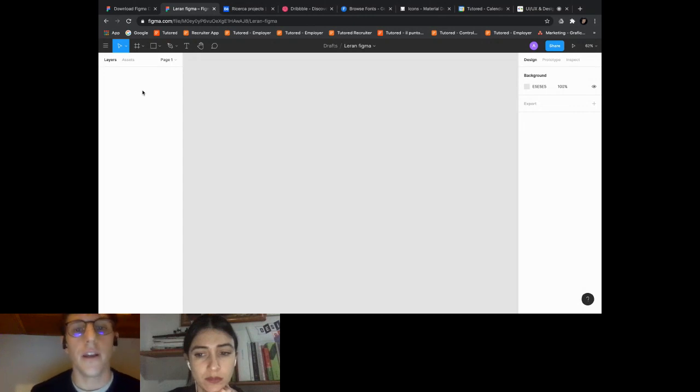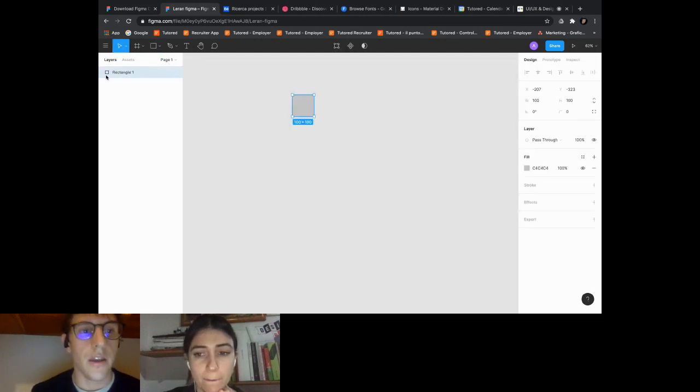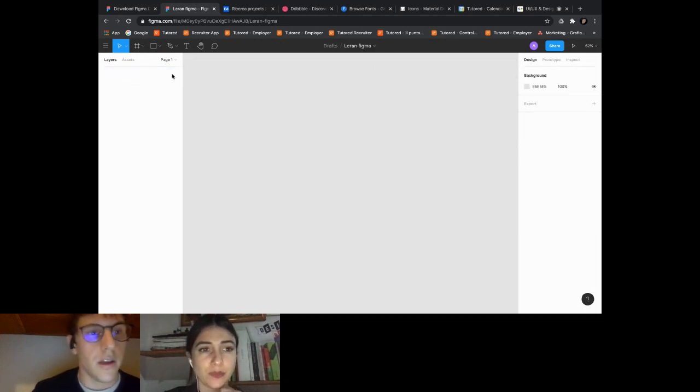Layers are everything we create in our project. For example, if I create something, I will see it here in my layers. The top toolbar is the main bar, the main tools of Figma.